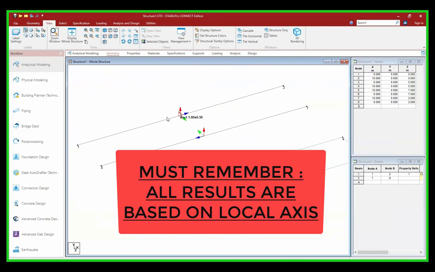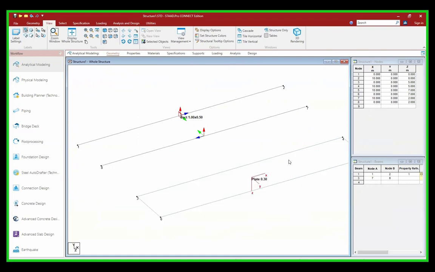Always remember that for the result interpretation, all results are based on local axis, whether it is a beam element or plate element. Even if it is not STAAD.Pro also, you can always see all the results based on local axis, whether it is Midas Civil software or it is ETABS or anything. So whatever software you are learning, always start with understanding of global axis and then local axis. So this is the STAAD.Pro I'm teaching, that's why I'm focusing on STAAD.Pro's local and global axis. But if you are learning Midas Civil, then also you have to understand what is the local axis in the Midas Civil and what is the global axis in Midas Civil, because all results are based on your local axis.